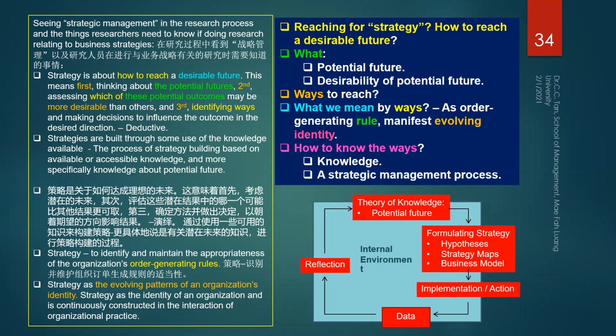So if you collect the data and you think this is the theory and this is the hypothesis, and the data are able to give you consistency, that means you are generating order, not chaos. You can see the pattern of consistency in your results, and those order generating rules will give you, in the business sense, a certain identity. And that is how, through building the competencies, we develop the corporate identity.